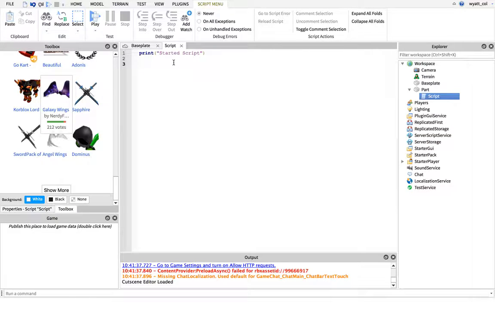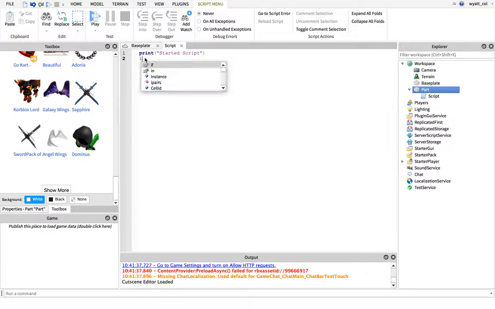Now, there are a couple of different things that I'd like to go over. First of all, let's just start with basic syntax almost, right? So let's say you want to say if the part is visible, then make it invisible. Or if the part's visible, wait 2 seconds and make it invisible. So what we're going to do is we're going to start by typing if, just like we normally would, because we're asking if